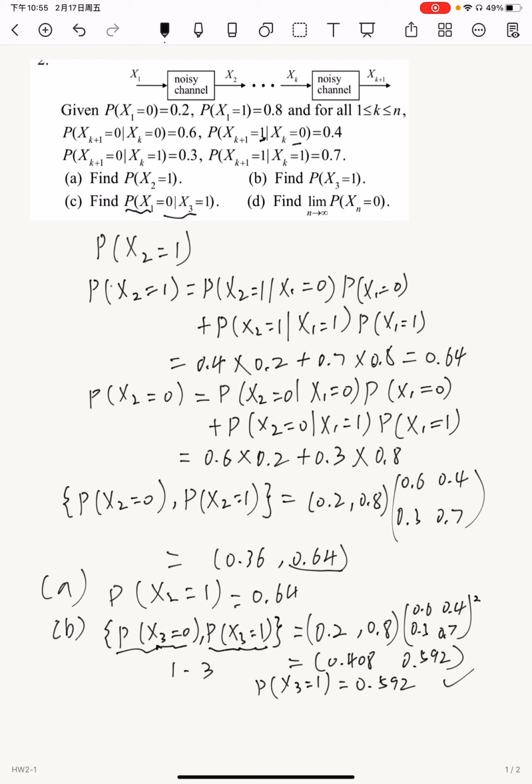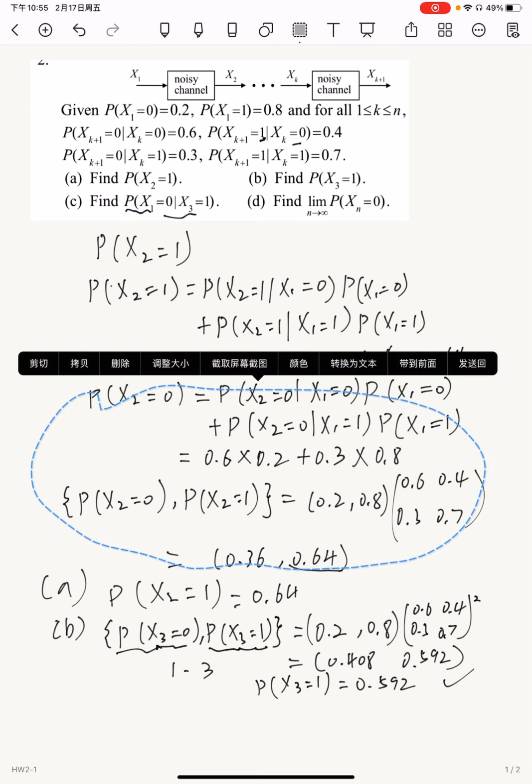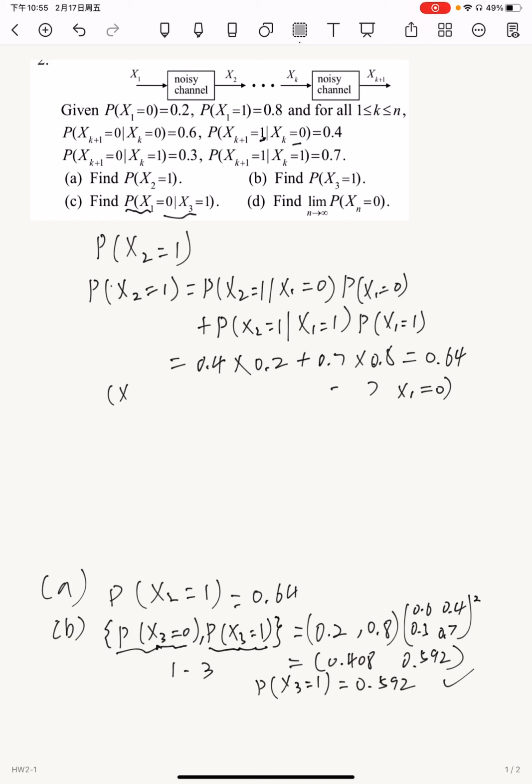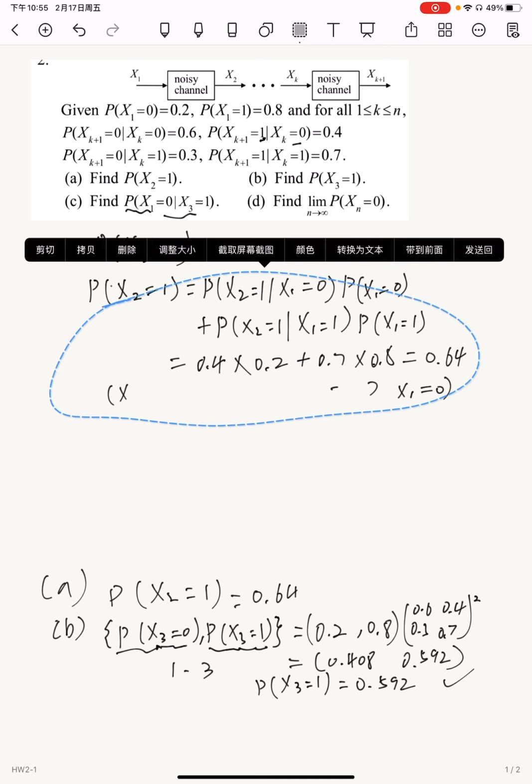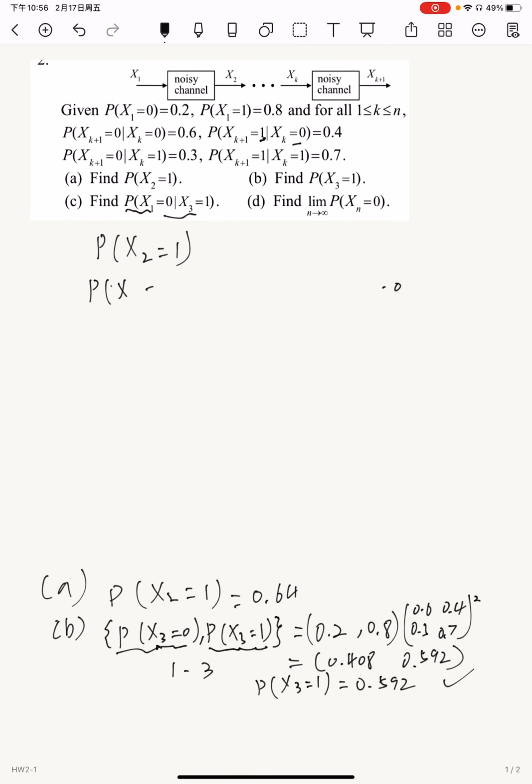So if we calculate the probability of x1 equal to 0 when x3 equals 1, according to Bayes' theorem, we know that